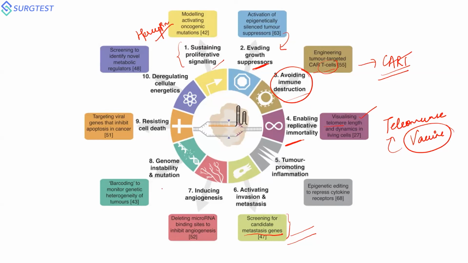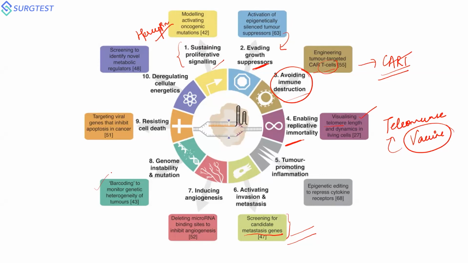Genomic instability and mutation, you can have barcoding and monitoring of the heterogeneity of tumors, and you can tell whether the patient is going to acquire any further mutation in the recent or the remote past, which will make them get converted from an adenoma into a carcinoma. If you remember Vogelstein's model, where I had mentioned initial few mutations, which will finally be transformed into a final metastatic disease, whether the acquisition of those particular mutations is possible or not can be identified by this barcoding monitoring. Again, this is at research level.